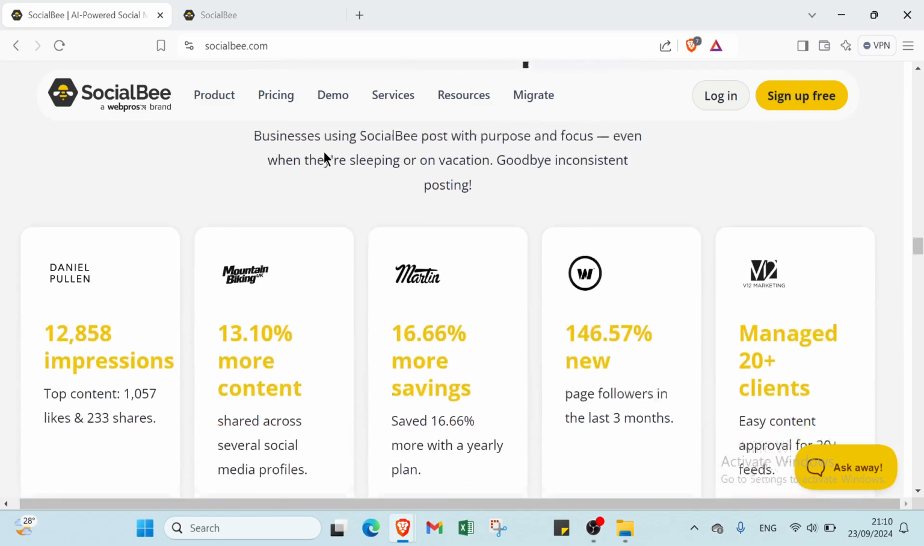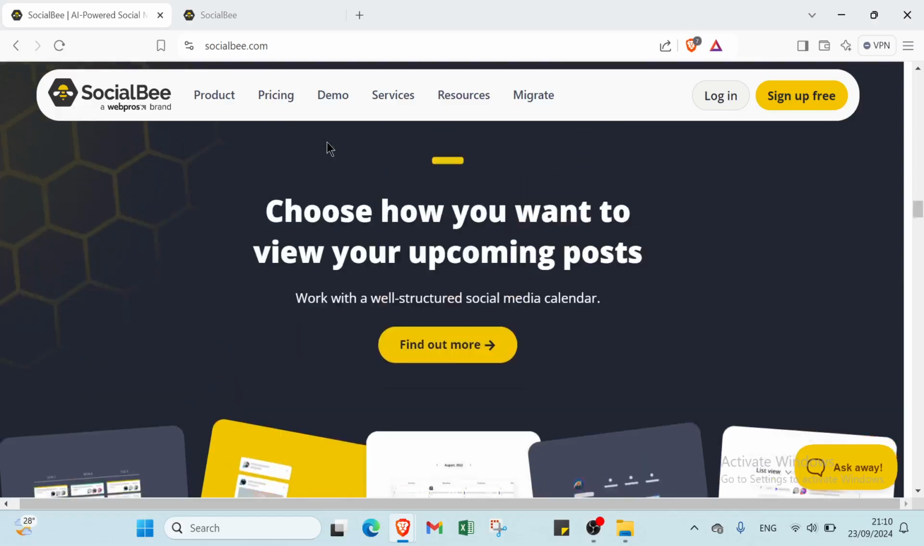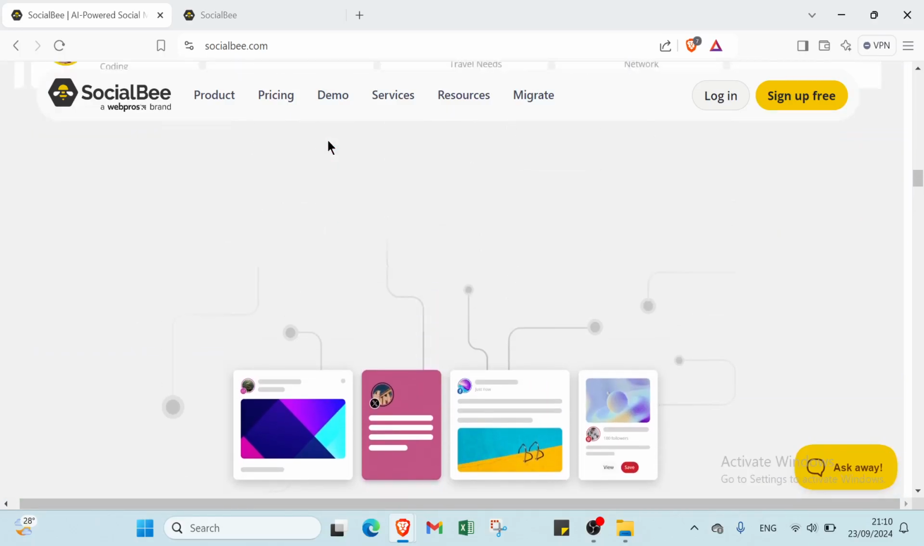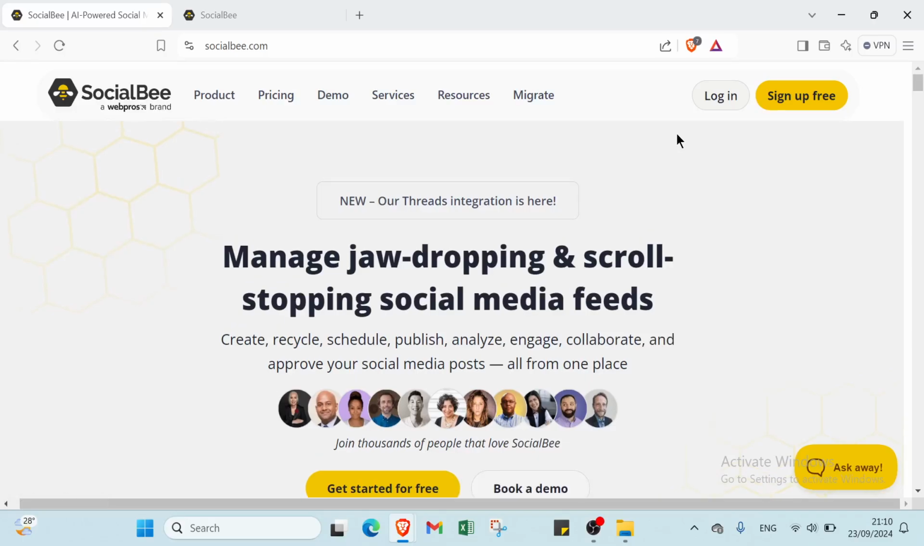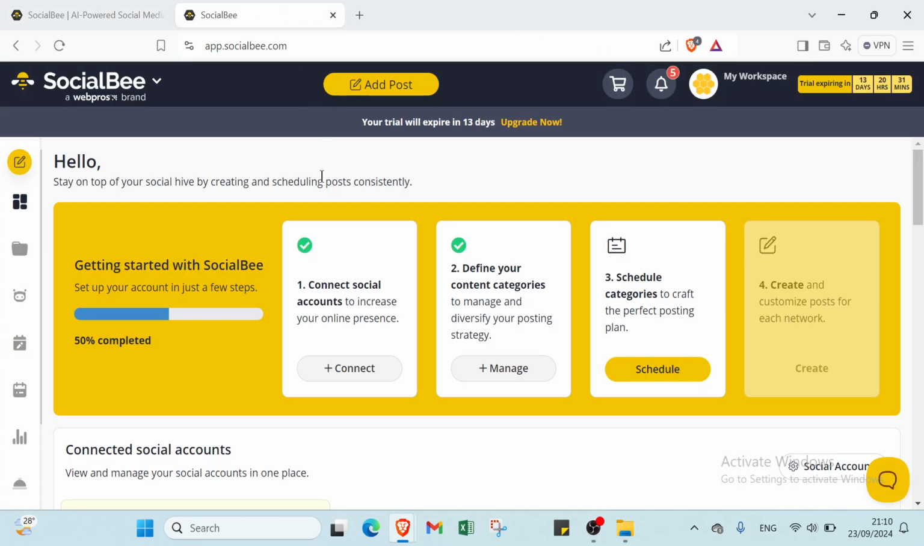So this is the homepage as you can see. First of all, I will show you the first step, which is signing up. You just have to click on sign up here, write your email address and your password, then you get started with socialbee.com. So this is the dashboard, this is how it looks,